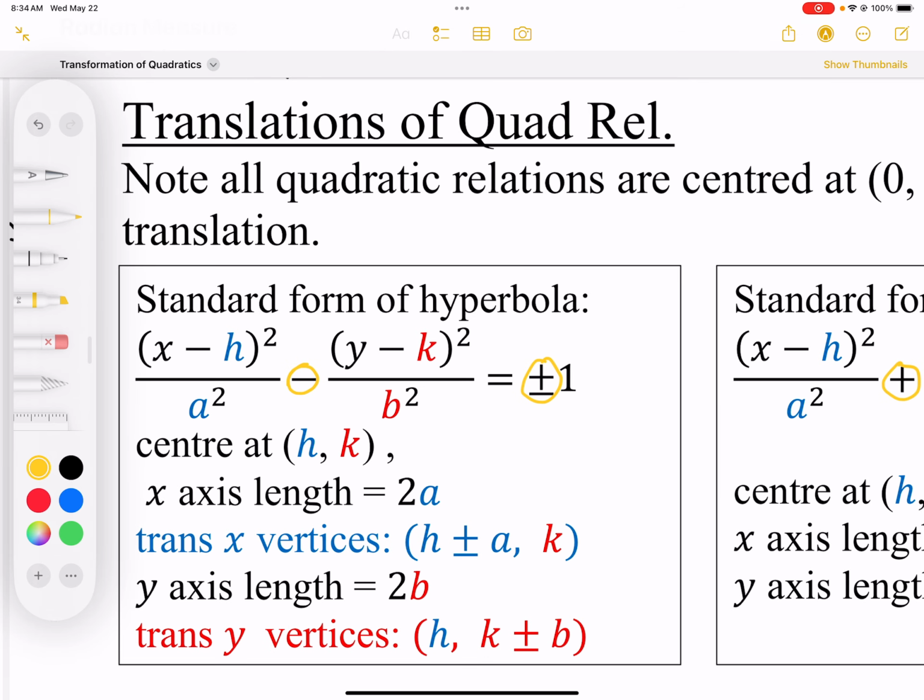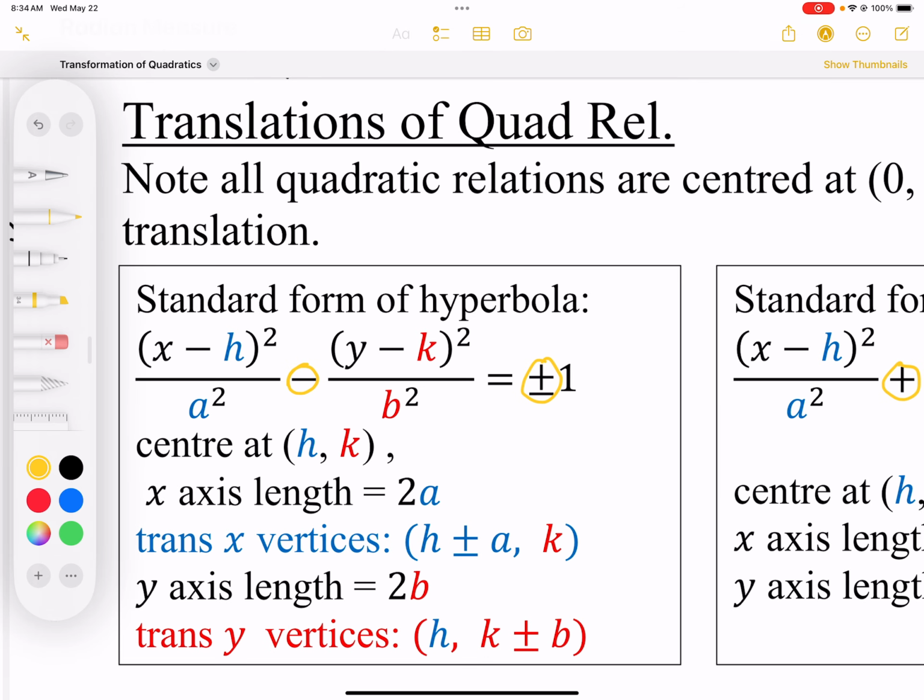So an example here is when we have 25(y minus 4) all squared plus 100(x plus 2) squared equals 625. So first of all, notice that it is plus and that this constant term is positive. This is an ellipse. We want to make this equal to 1, so we're going to first of all divide